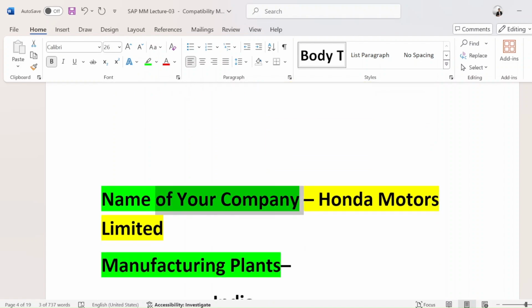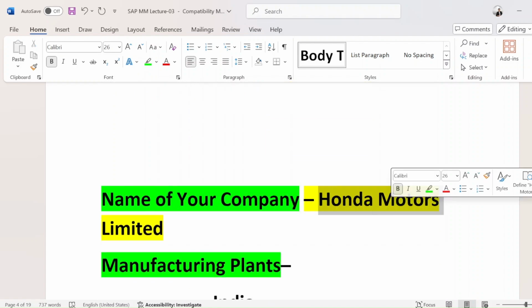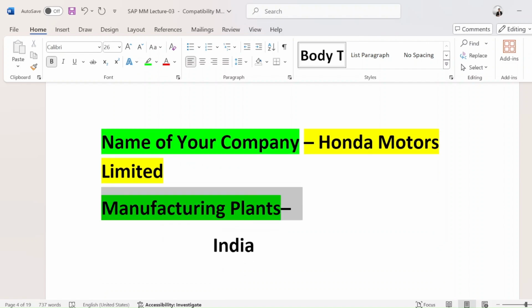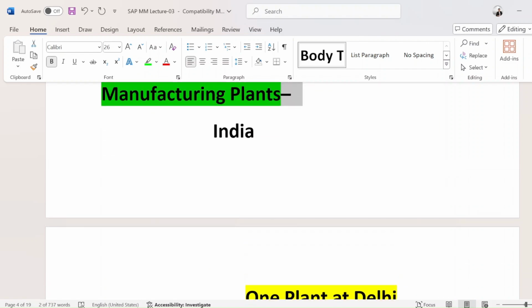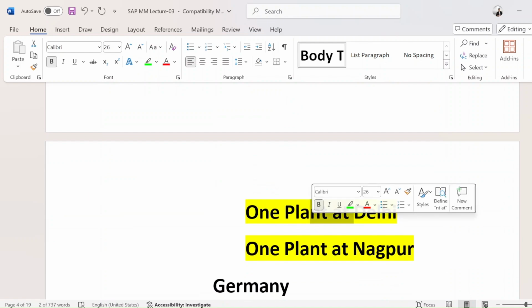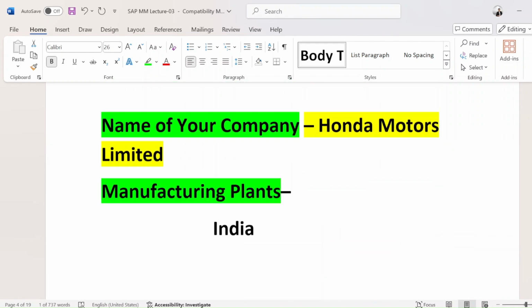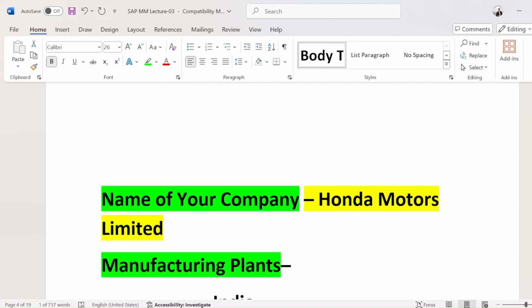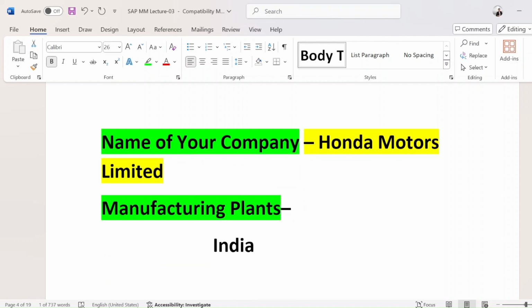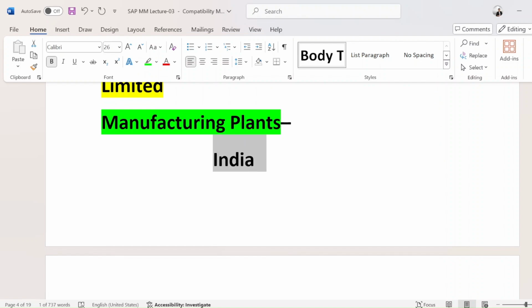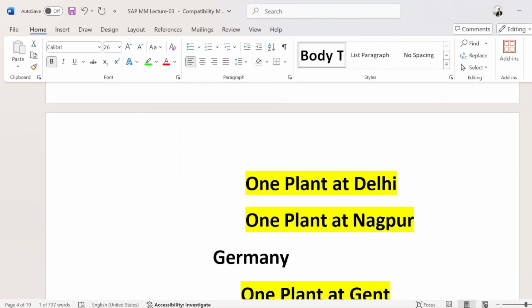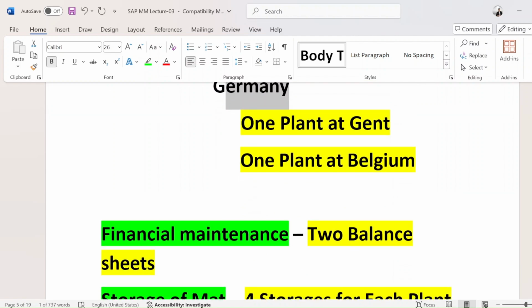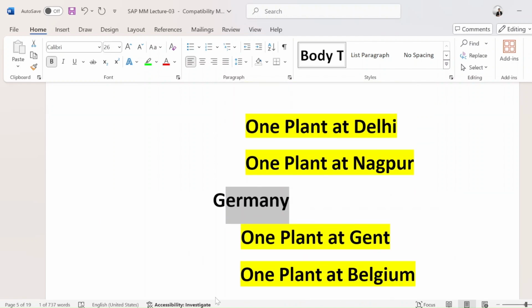Let's suppose a third, different company like Honda Motors Limited. How many manufacturing plants? One in Delhi, one in Nagpur. So just tell me this. Let's suppose Honda Motors Limited has a plant in India and also in Germany. So how many balance sheets will there be?